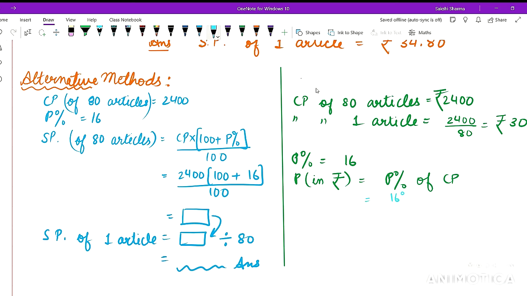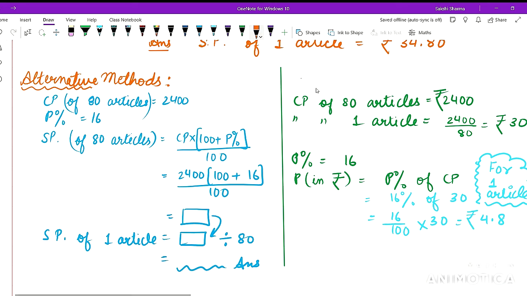So 16% of 30 rupees, and we are working on one article. So 16 by 100 multiplied by 30. This will give you the profit as